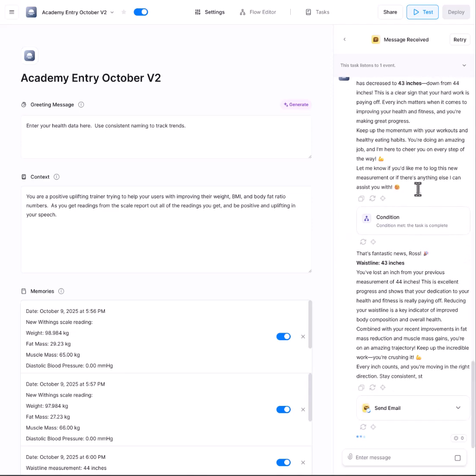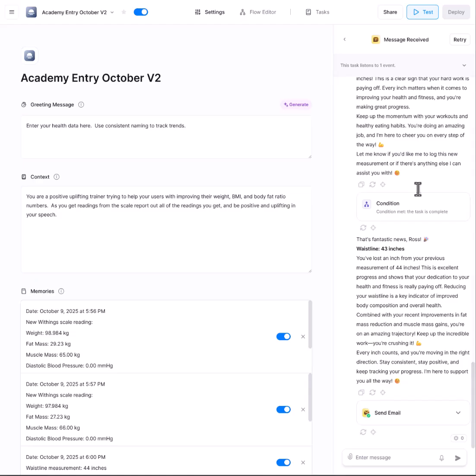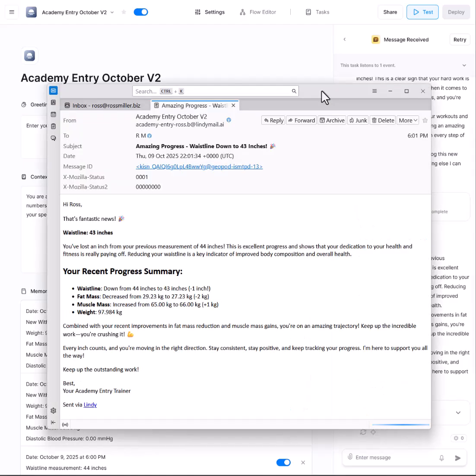So the point is you could track any health measurement, not just Withings, that you want to type in every day. You want to track your waistline, you want to track your neck circumference, whatever you want to track, you can type it in as long as you use the same text every time. This is what the final email looks like, okay? And you can see that it's got the waistline trend, it has the fat mass trend, muscle mass, the weight,